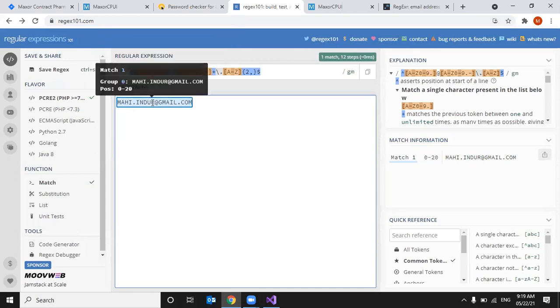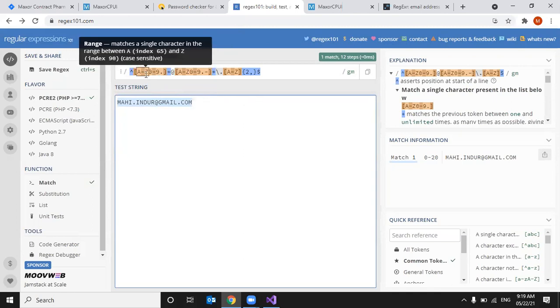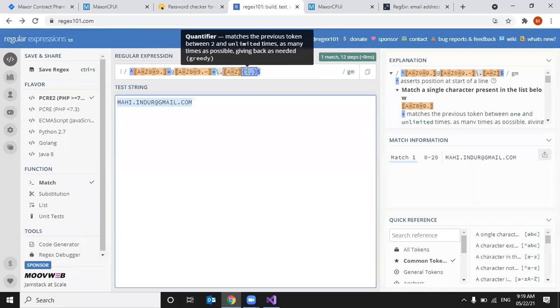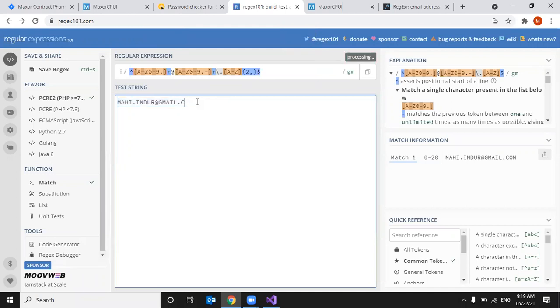So the dot I repeated multiple times, A to Z or 0 to 9 or dot. Then the @ symbol, A to Z, 0 to 9, dot, hyphen, repeated one or more times. Then dot, then A to Z, 2 or 3, so at least 2. See here, I gave only dot C, so it failed. At least 2 should be there.